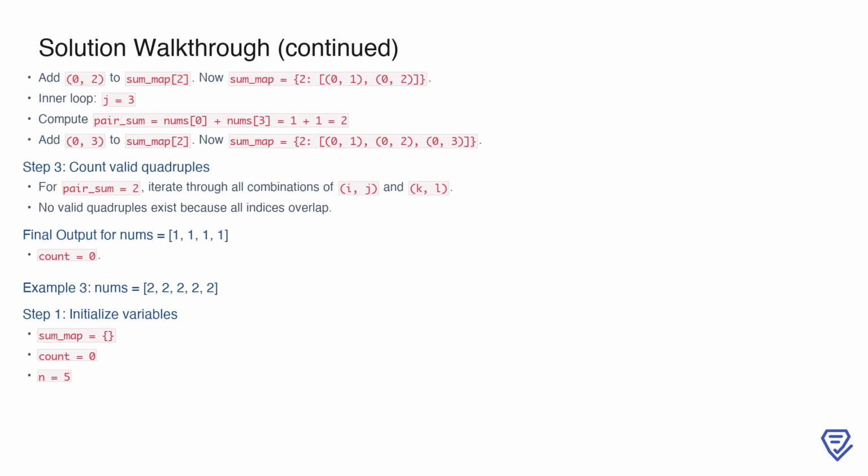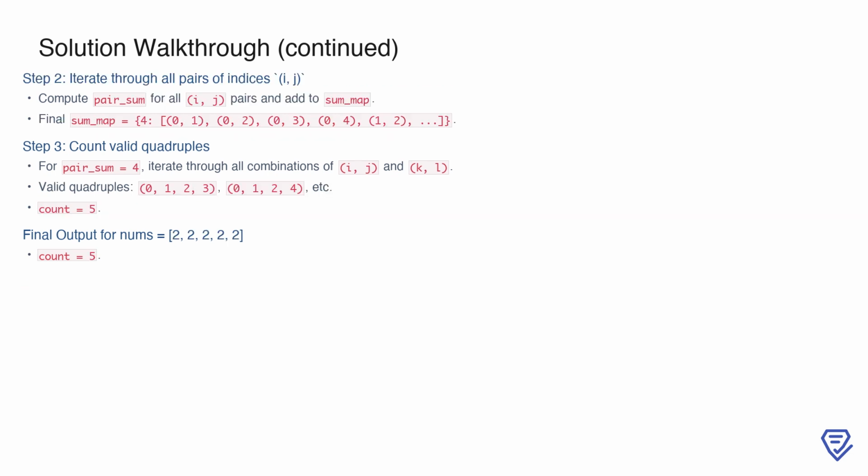Now, let's consider a third example where nums equals [2, 2, 2, 2, 2]. For this example, we again start by initializing sum_map, count, and n. Here, n equals 5. As before, we calculate pair_sum for all possible pairs of indices i, j, and update sum_map. Since all elements in nums are the same, every pair produces the same pair_sum